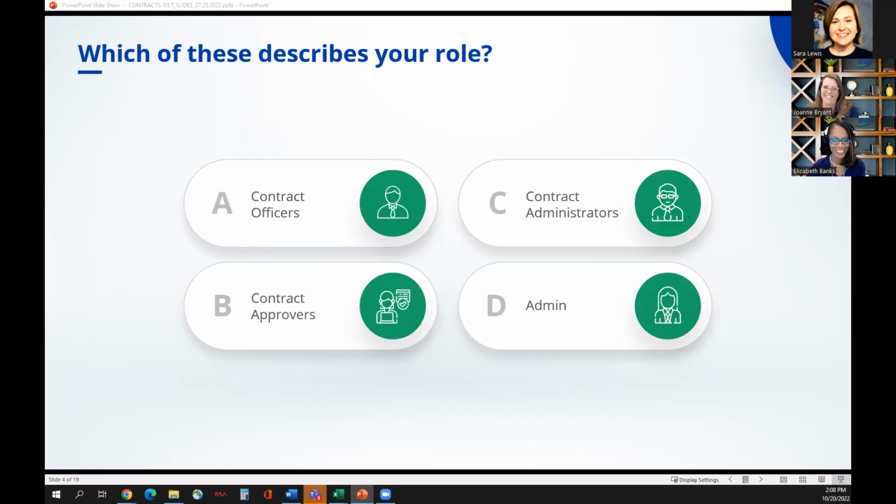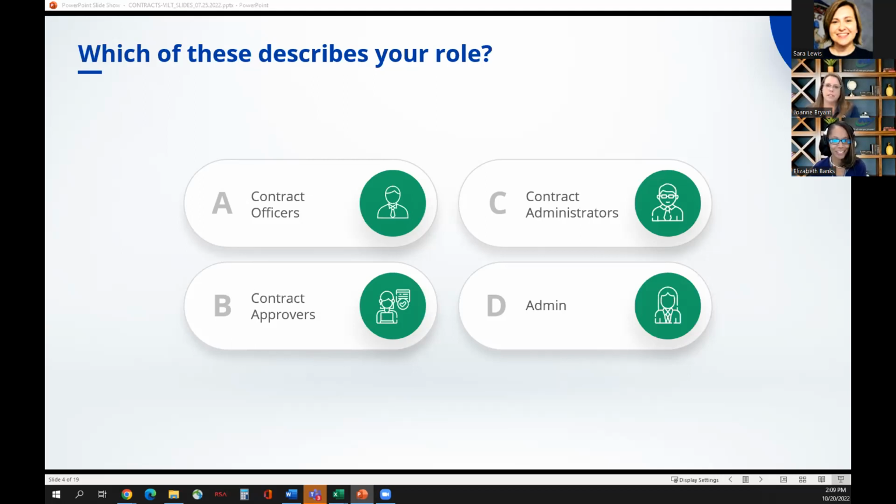And I will say that yesterday's contract session got all 3 polls 100% participated, which has never happened. So no pressure to today's attendees, but I'll put it out there. So if you're multitasking, describe your role real quick. You guys did it. You got 100%. Good, thank you. Awesome.